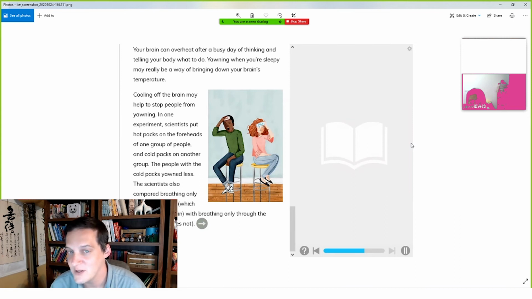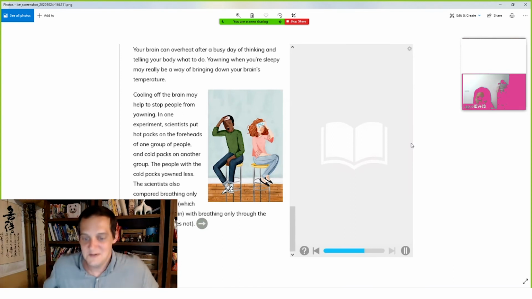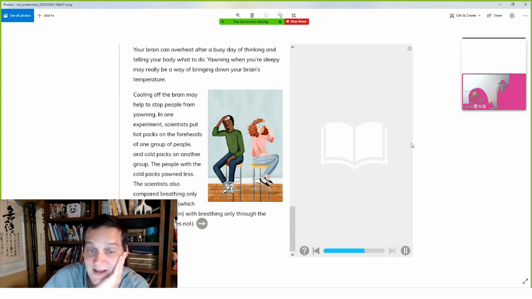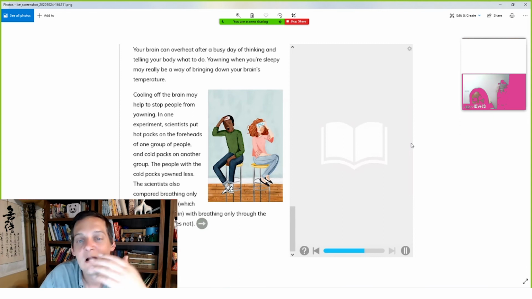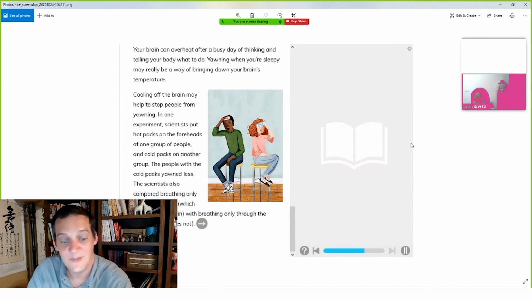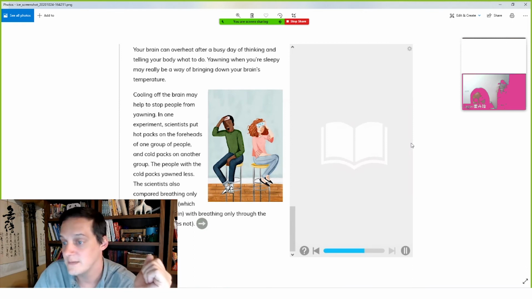So are you a nose breather or a mouth breather? Nose breather? Mouth breather. Sometimes a mouth breather. Yeah, I guess it depends. If you are a little bit sick, my nose is not working so well, you might have to breathe through your mouth. But is it better to be a nose breather or a mouth breather? Nose. Why?